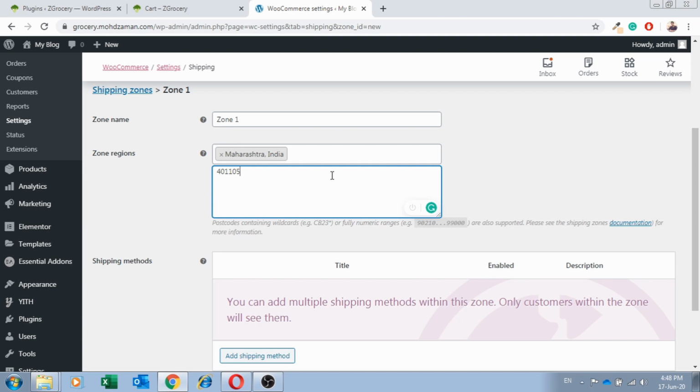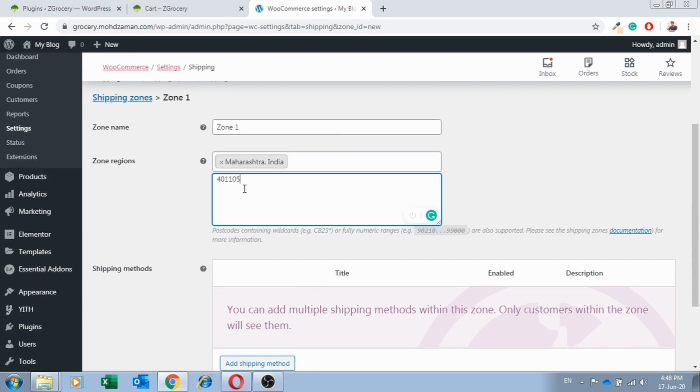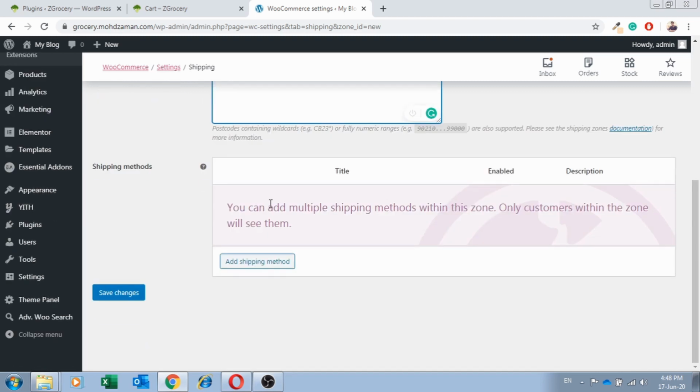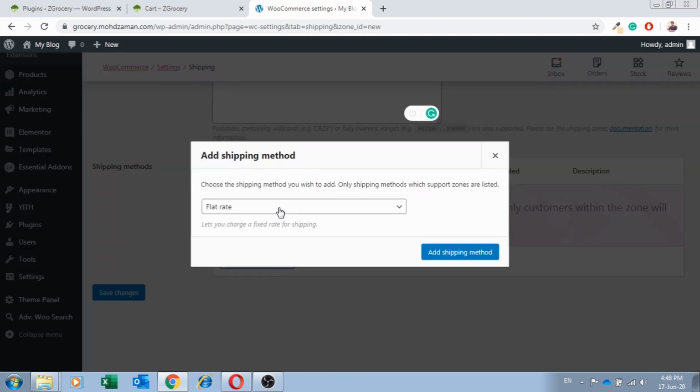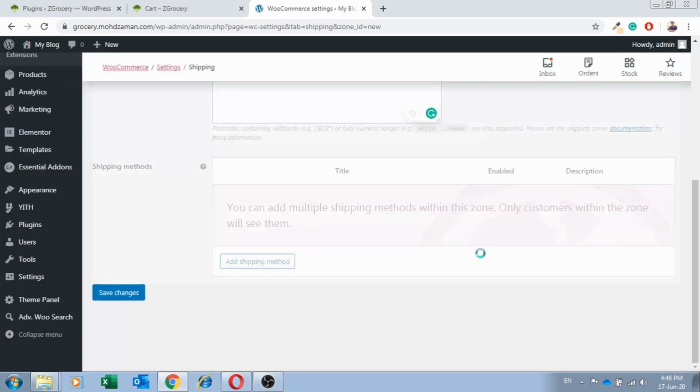But I'm just going to provide my service in one postal code. This is what I suggest: you must provide service in at least one postal code. And now the shipping method. The shipping method is the rate that you're going to charge your customers for delivery. So there's going to be a flat rate,